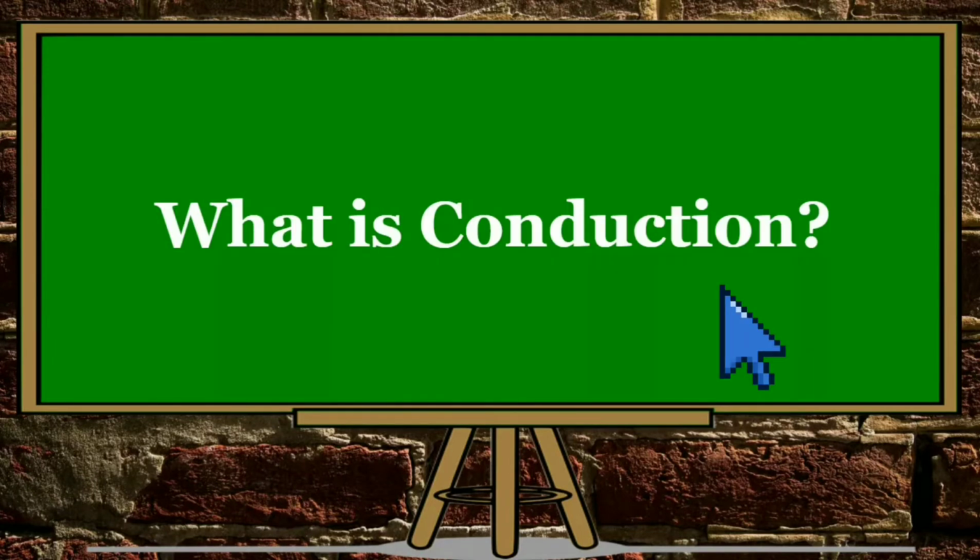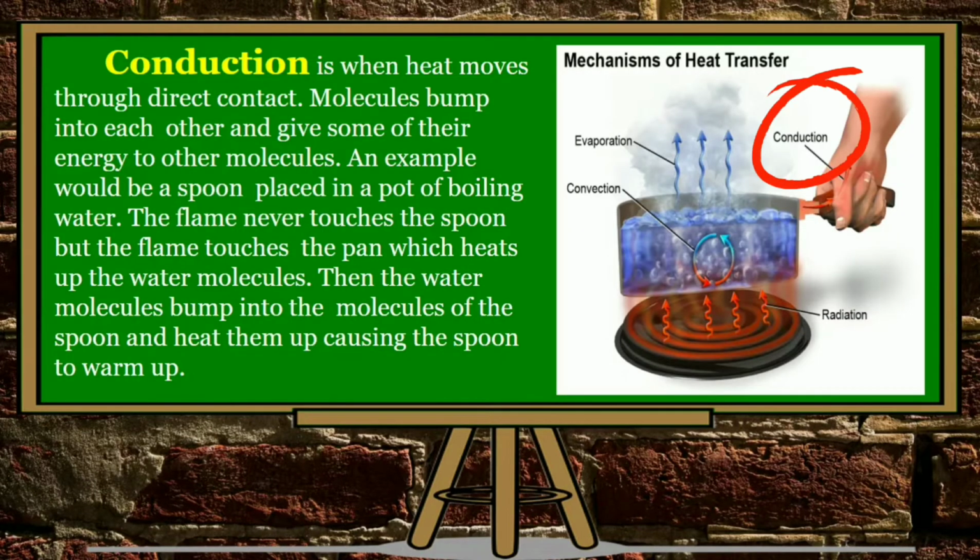What is conduction? Conduction is when heat moves through direct contact. Molecules bump into each other and give some of their energy to other molecules. An example would be a spoon placed in a pot of boiling water. The flame never touches the spoon, but the flame touches the pan, which heats up the water molecules. Then the water molecules bump into the molecules of the spoon and heat them up, causing the spoon to warm